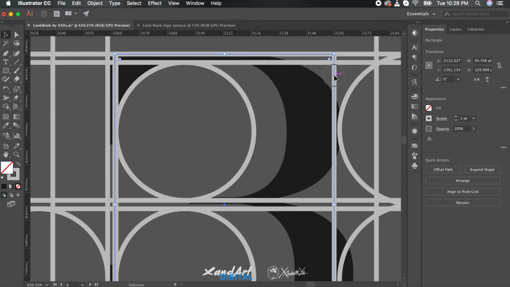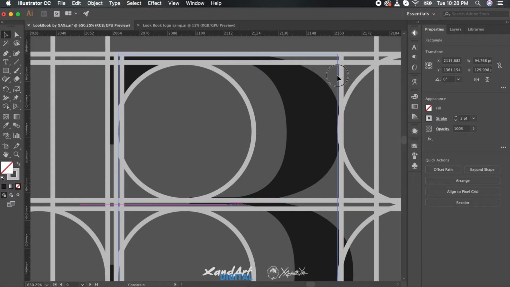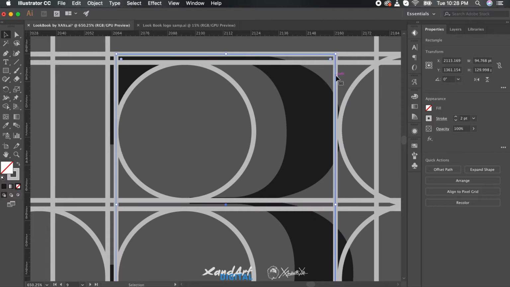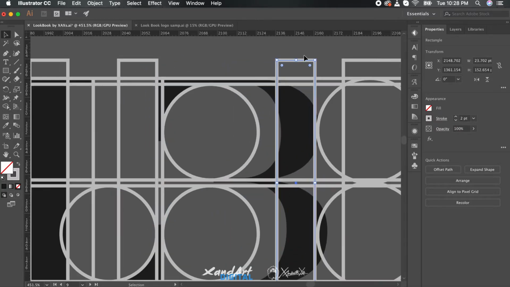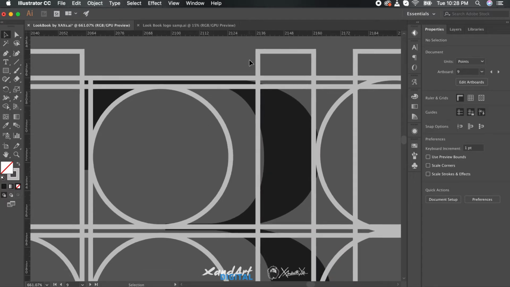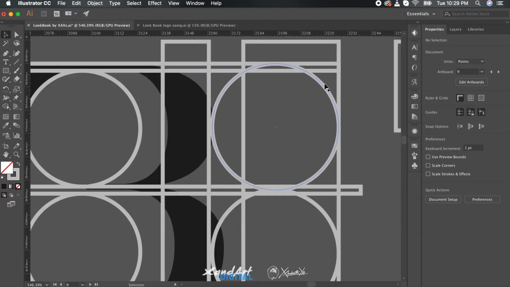Once the structure is ready, once you have gone as close as possible to the free-form structure that you initially created, you can just use the shape builder tool and form the logo as a single complete structure.